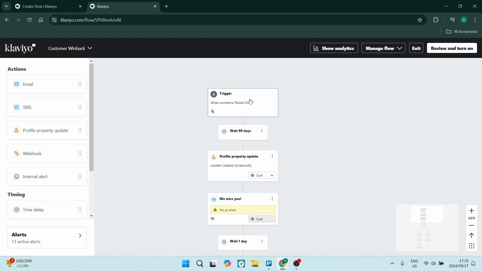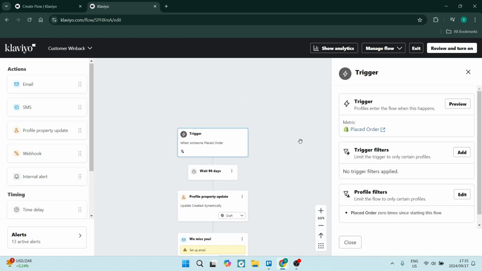This should be just a guide. So you're going to start out with a trigger, and this trigger is important. You need to have this trigger set up as when someone has placed an order. And there are no real trigger filters. But when somebody has placed an order 0 times since starting this flow, which means they are a previous purchaser or a previous customer, but since this flow, they are going to